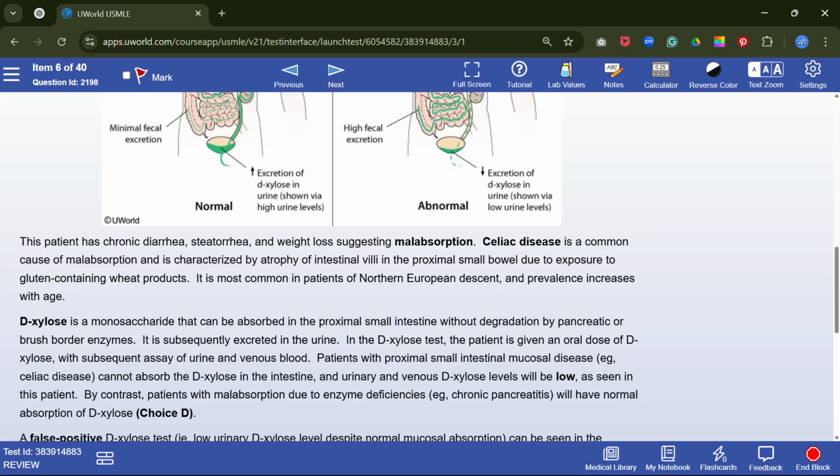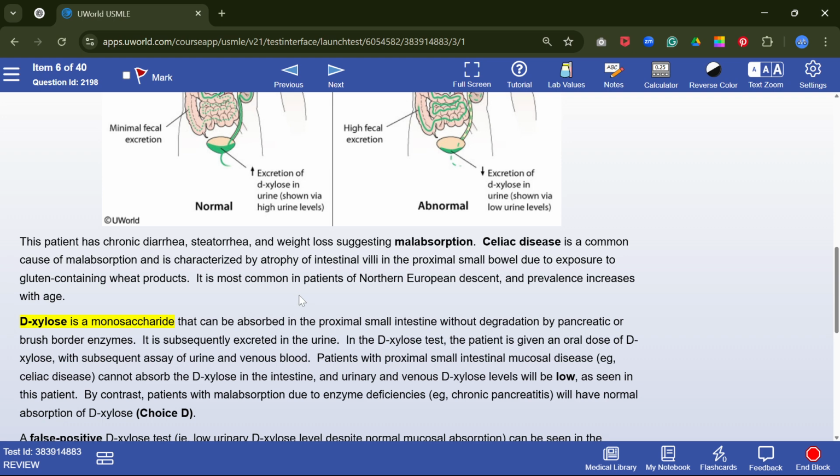The most important point: D-xylose is a monosaccharide that can be absorbed in the proximal small intestine without degradation by pancreatic or brush border enzymes. It is subsequently excreted in urine. In the D-xylose test, the patient is given an oral dose of D-xylose with subsequent assay of urine and venous blood. Patients with proximal small intestinal disease like celiac disease cannot absorb the D-xylose in the intestine, and urinary and venous D-xylose levels will be low,